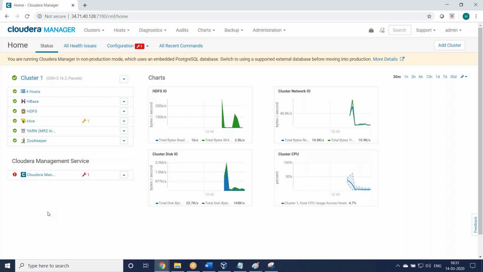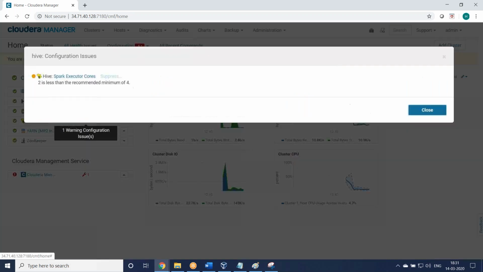We cannot confirm the problem otherwise. We can see here this is bad health, so it means some problem, but we don't know what the problem is. It shows some configuration issue. I'll stop one data node, then we can see the alert start. We'll see that.